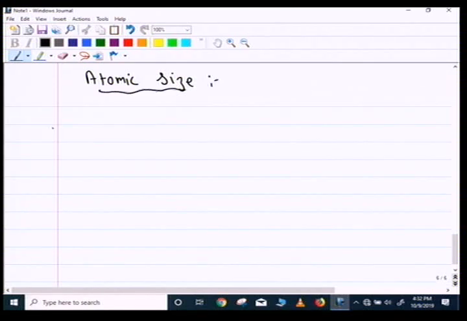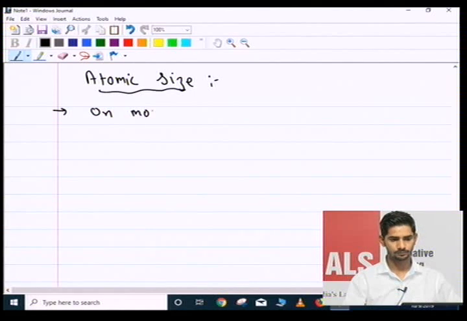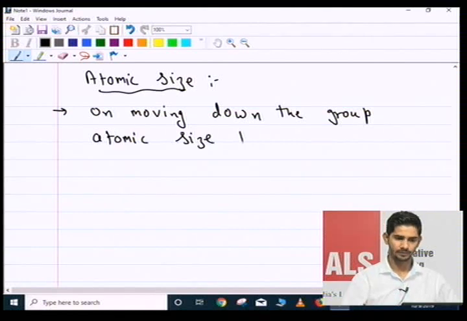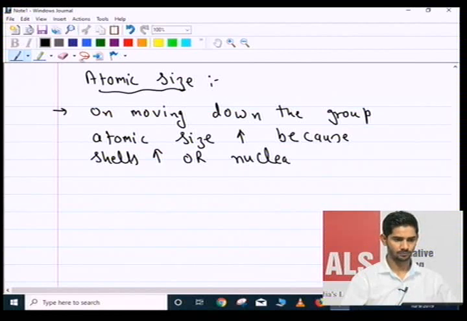We have already discussed that on moving down the group, atomic size increases because shells increase, or we can say nuclear charge decreases. If we talk about moving left to right,